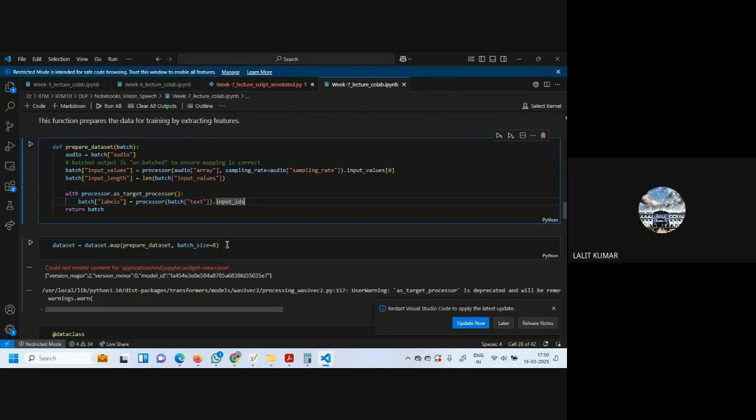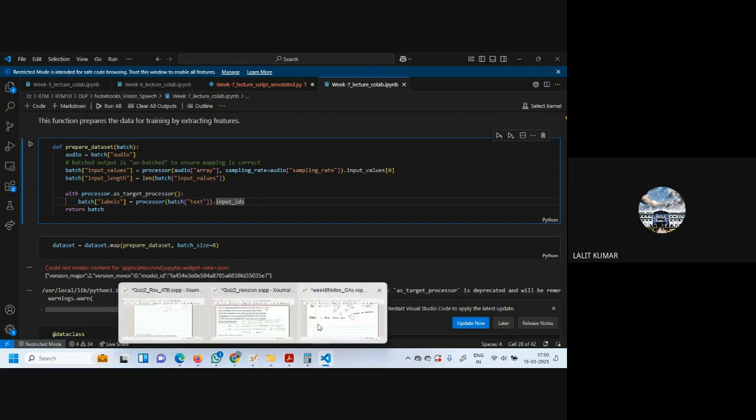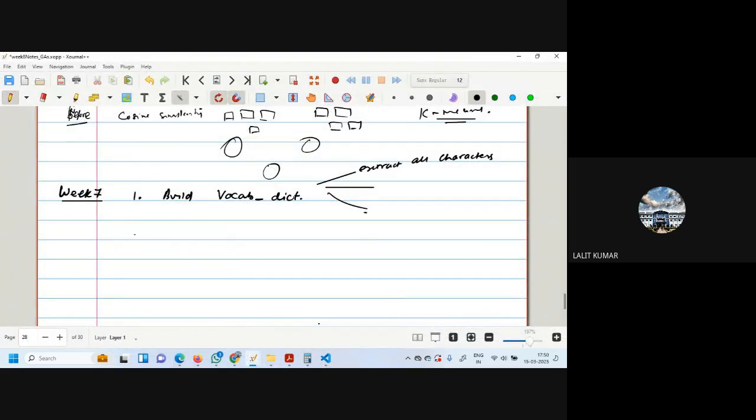After preparing the data set, we have got the full feature extract of the array, and we have got the labels. So we have got two parts again now. So the second part is that now we have prepared a data set which has got features.